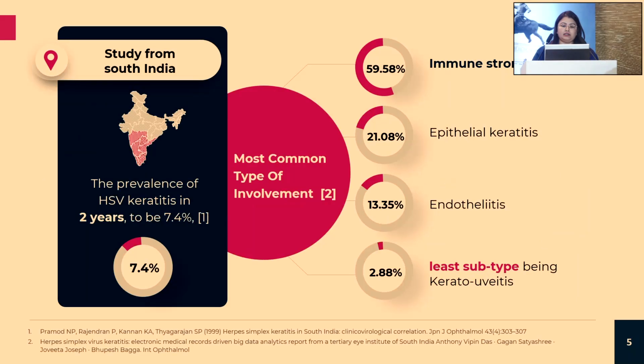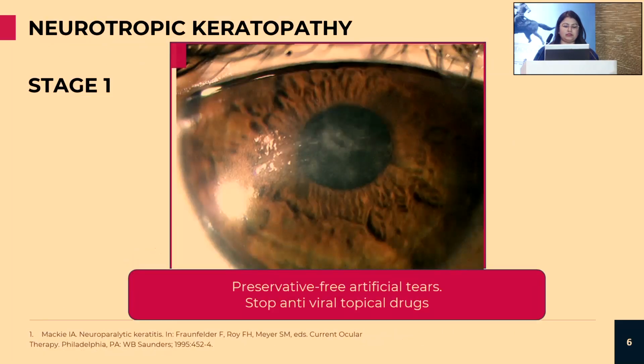In India, the most common forms of involvement are actually the immune stromal keratitis. In my practice also, I see them the most, followed by the epithelial keratitis, although I see endothelitis more than epithelial keratitis in my practice. So I will be just going through the various